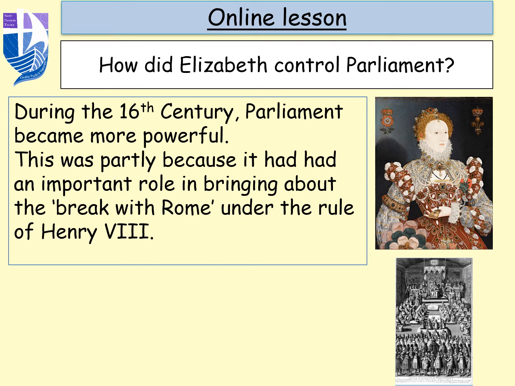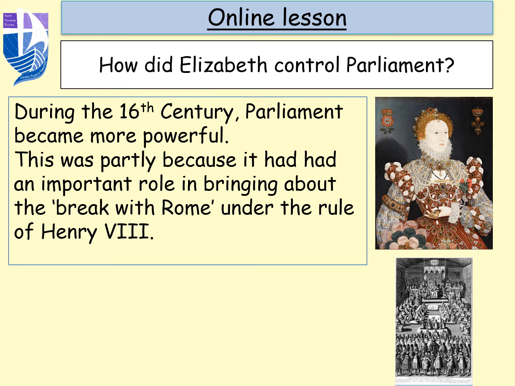We are learning today about how Elizabeth controlled Parliament. So last lesson we talked about the government of Elizabeth I, went through concepts like the Privy Council, who were the key advisors of Elizabeth. We touched a little bit on the role of Parliament during that time as well. And we also looked at some of the different ways in which Elizabeth maintained her power through things like royal progresses, going around the country, selling off monopolies, for example, to raise money. So we're going to look at how Elizabeth controlled Parliament in the lesson today.